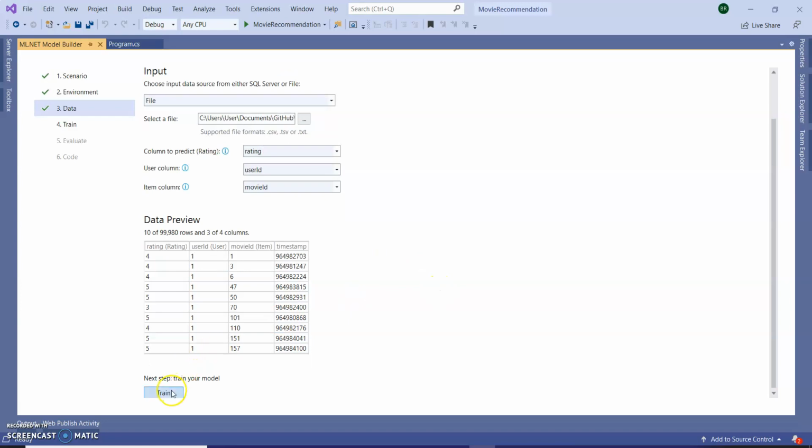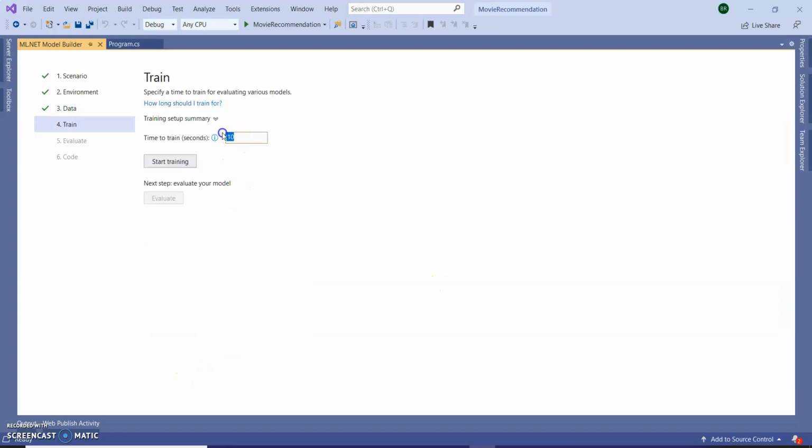Next, click on train. By default, .NET is giving 10 seconds. The more time you give to train, the better prediction you will find. So for now, I am keeping it as it is, 10 seconds. Click on start training.